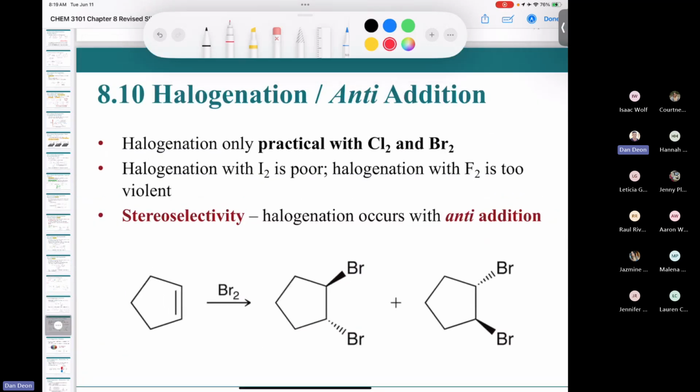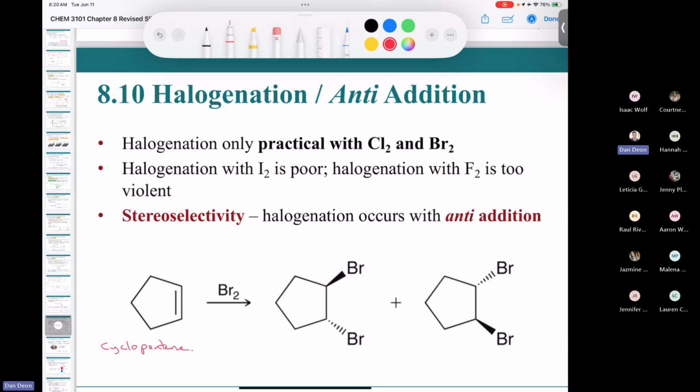Anyhow, so halogenation, again, is only practical with chlorine or bromine. Halogenation with iodine, too slow. Halogenation with fluorine, too violent. Okay, and again, we generally speaking frown upon explosions in the lab. So if you were to take this compound here, so this is just some plain old cyclopentene, okay? If you took some cyclopentene and treat it with bromine, you end up with the trans